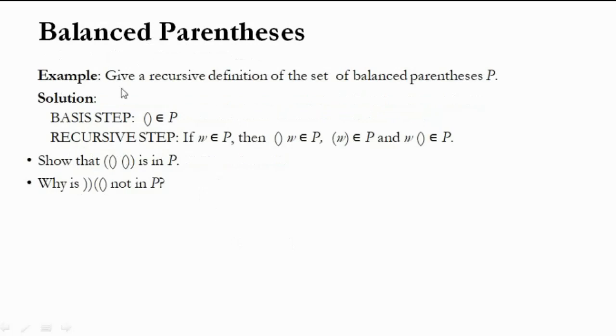Next, another example is balanced parenthesis. Balanced parenthesis is most frequently used in structured programming like the C programming language. Whenever you write a bracket open, for that you will go for a bracket close. If you write an if statement, the if, bracket open, then the condition, then bracket close. That means for every opening bracket, there should be a closing bracket. This is what is called balanced parenthesis.